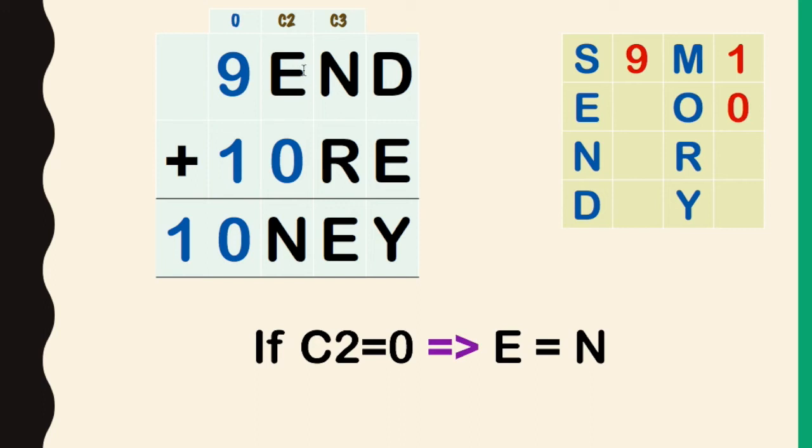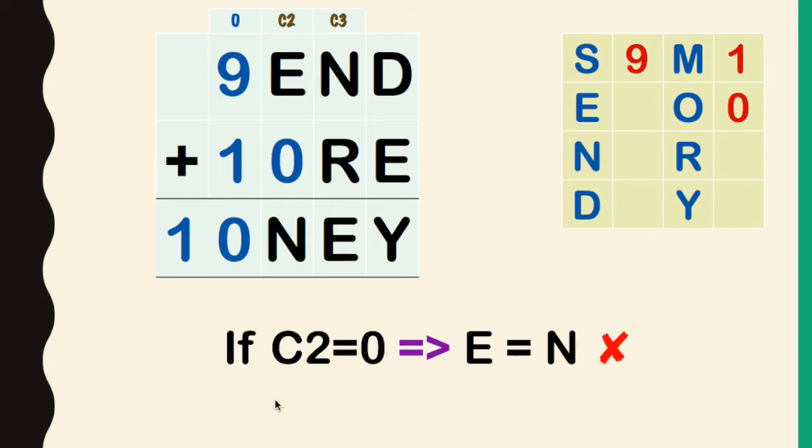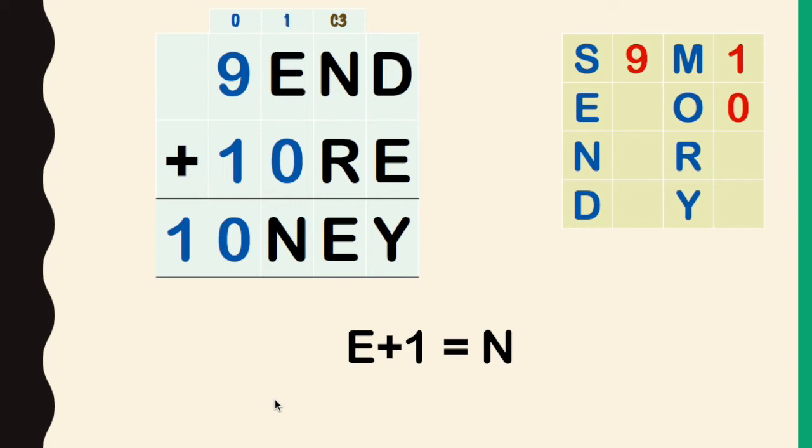Let's now look at this. If C2 was 0, then E plus 0 is equal to N, or E will be equal to N. Now that violates our condition because E and N cannot be equal. So what does this imply? This implies that C2 is 1. So we now know the value of C2 and we have just put it in there. Or we get E plus 1 will be equal to N. So now we know this part. And why is this true? Because when we add E plus 1, it is N, and the carry we can see is 0. So the carry here, as you can see, is 0.